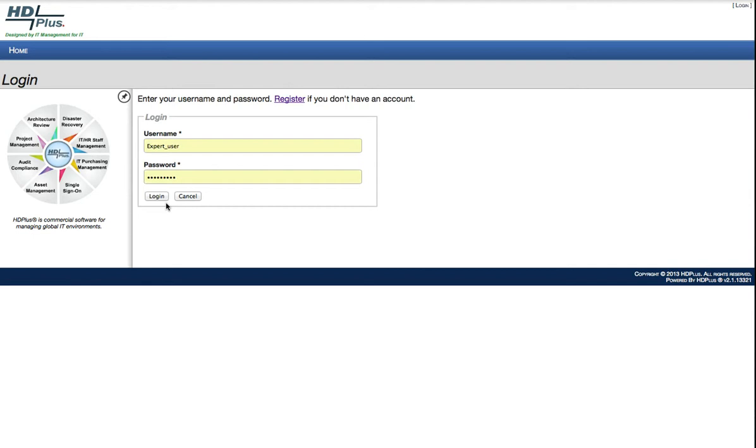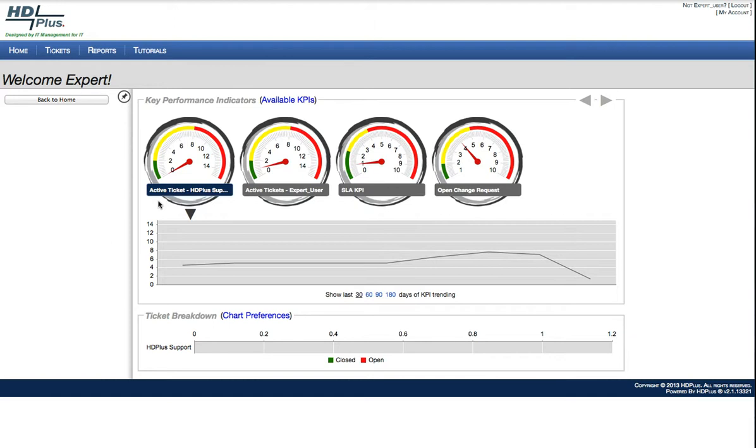I'm going to go with executive overview. Since we're not logged in, it takes us to the login screen. I've already typed in the expert user and the password, and I'm presented with the dashboard. So if you have the proper credentials and you've created a dashboard or someone's created it for you, you'll have